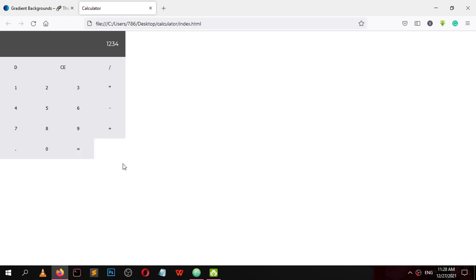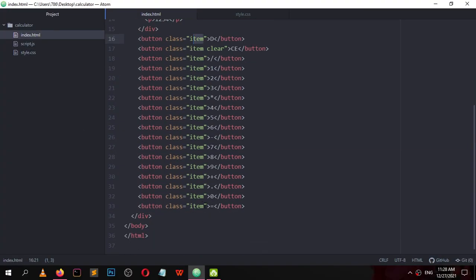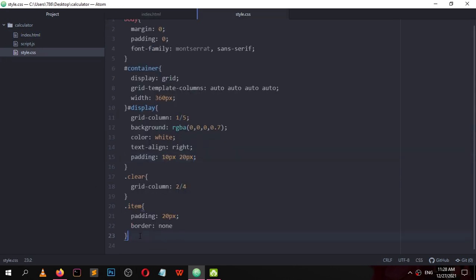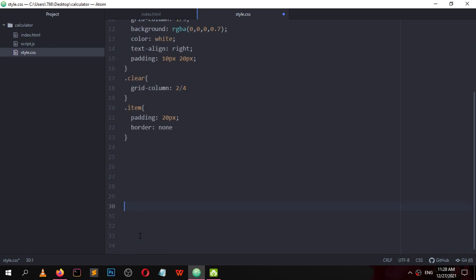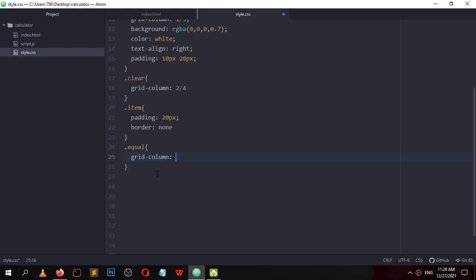This button should take this much width. So give a class to this button. The class is equal. Now select that class. Dot equal, grid column should be from 3 and end before 5.